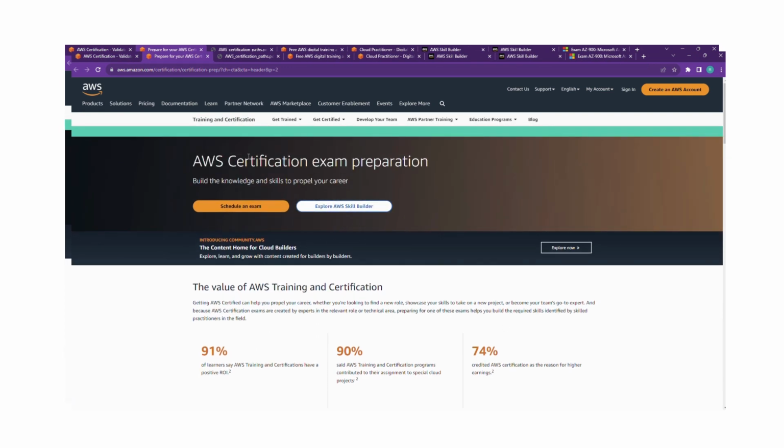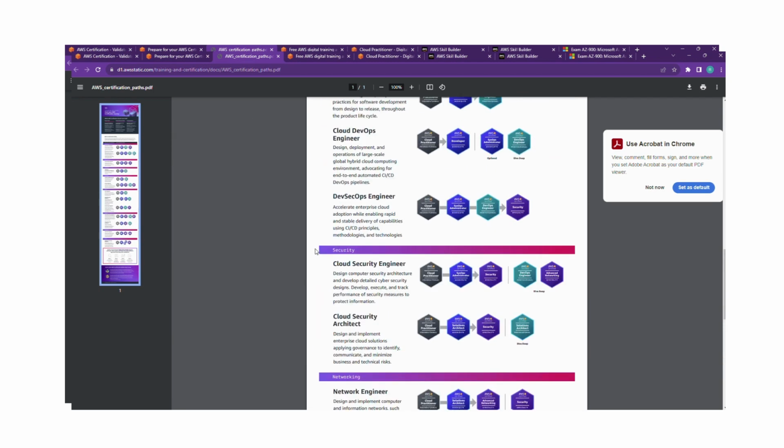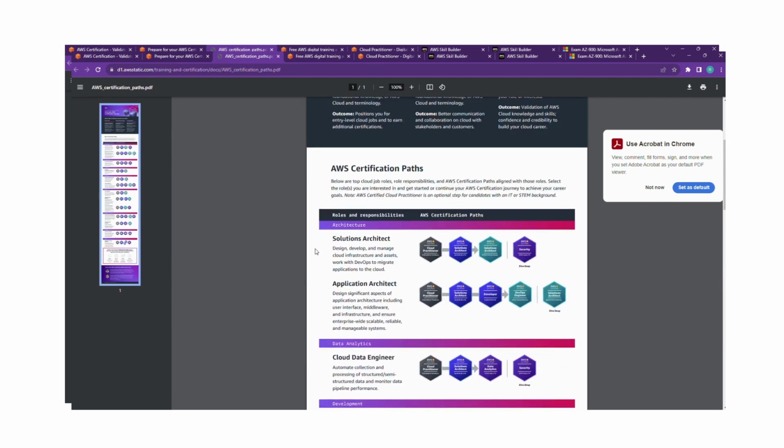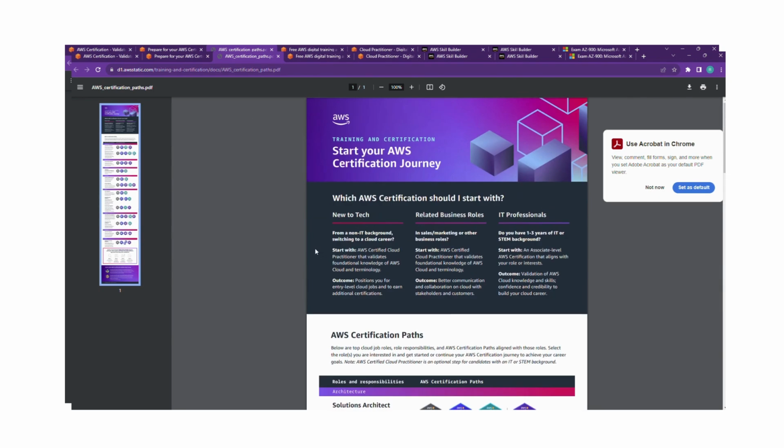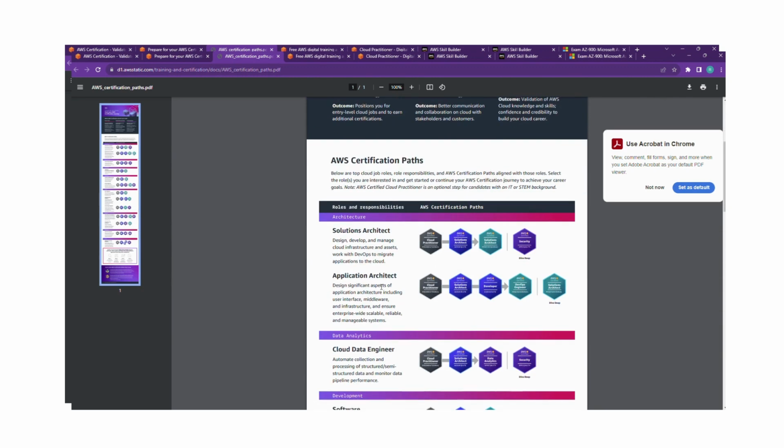If you go in this, it all shows about certification. You might want to go to this site, get trained, and find digital training, find training events, and so on. And also go to this page, which shows you the path of the certification, like